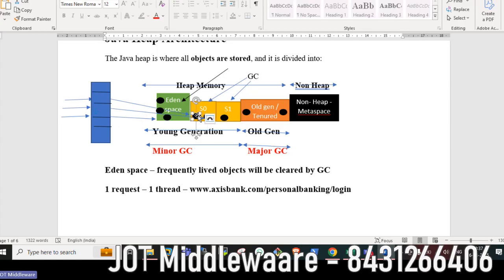And the other object, which is still under processing, the thread that is holding this object is still under processing, will be moved to S1. And here again, if the request is still under process, then this will be moved to old generation. So old generation is a place where